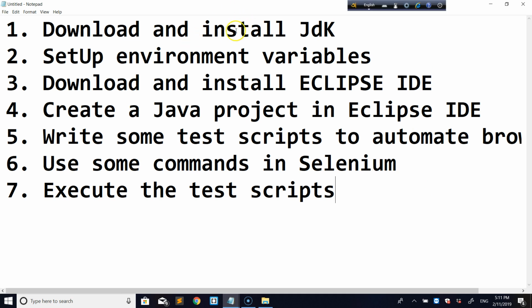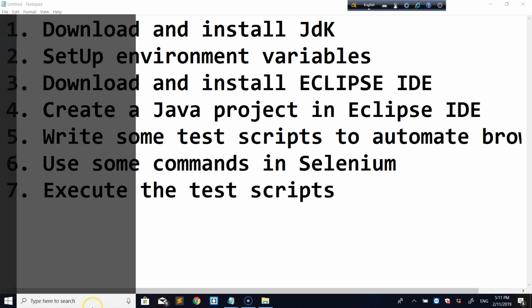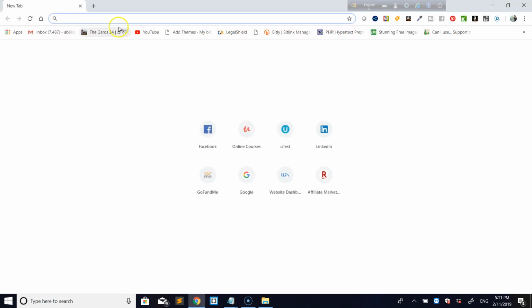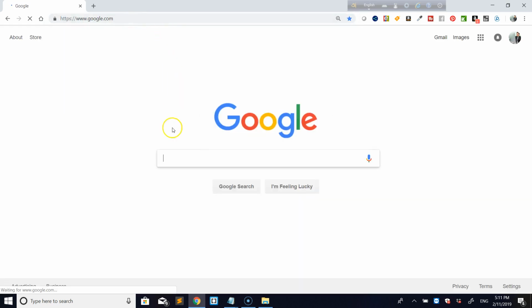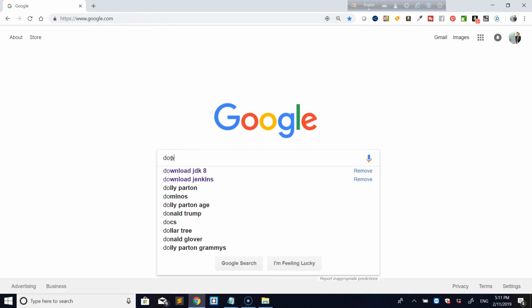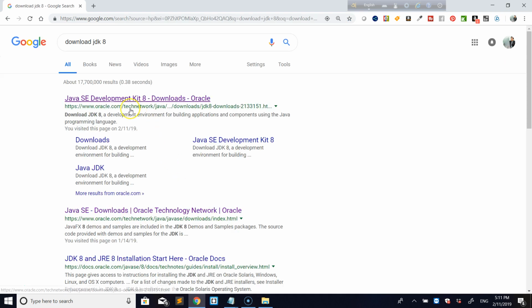Let's first download and install JDK into our machine. So we have to open Google, go to google.com and just write download JDK 8. Okay. I want to download JDK 8 because I like it. This is my personal preference, but if you want to use 9, 10, 11, the latest version, you can use them. Okay, I click on this link, the first link,